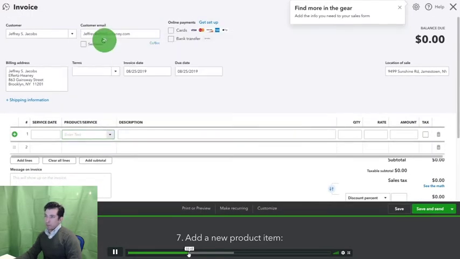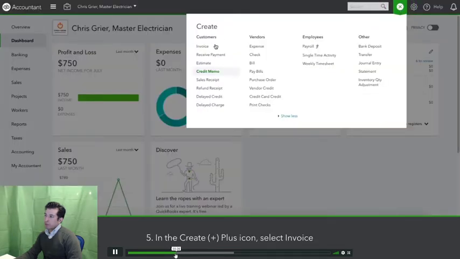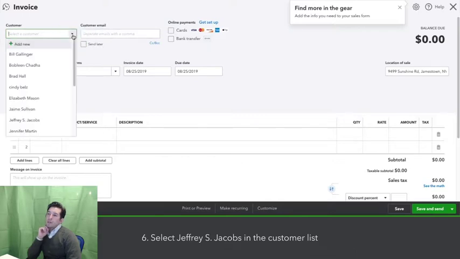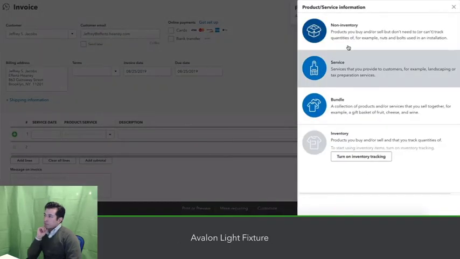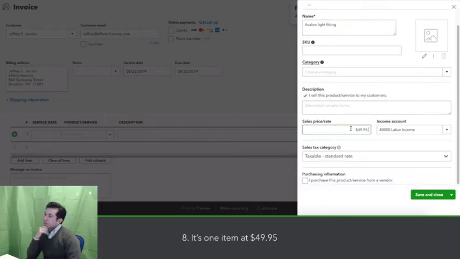See that again. Avalon light. Select plus icon. Select invoice. Okay. Select Jeffrey S. Jacobs in the customer list. Add a new product item, Avalon light fixture. It's one item at $49.95. Next,